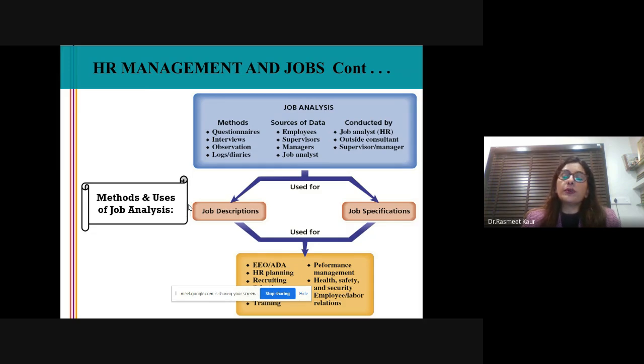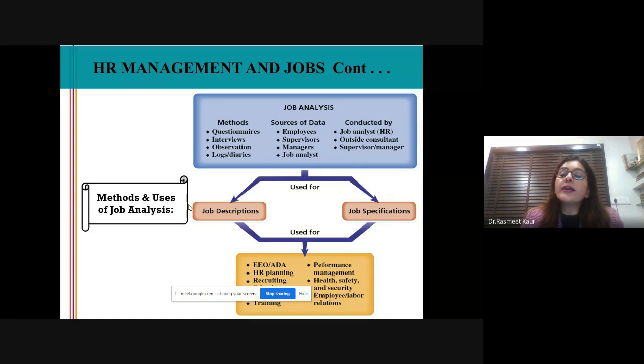I'll just throw quickly some light on that, where we have open-ended and close-ended questions. An open-ended question is where you give the choice to the respondent to write; the space is given. And close-ended is where certain choices are given related to a particular question you are asking the job holder or the employees, and they have to choose among those choices only. So basically, this is one method of collecting the data about that.